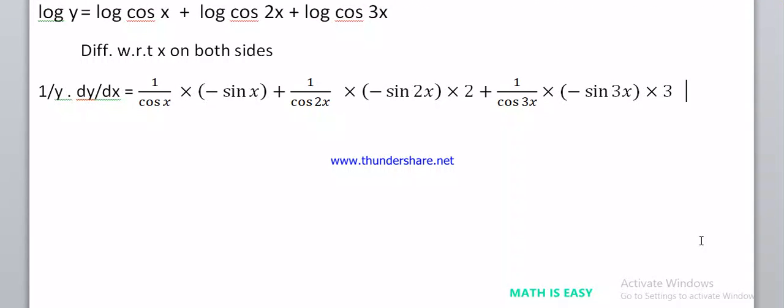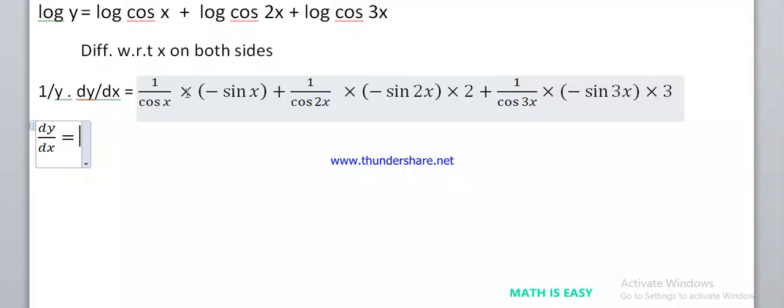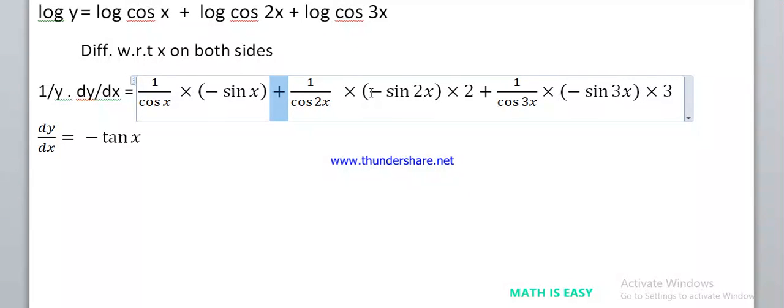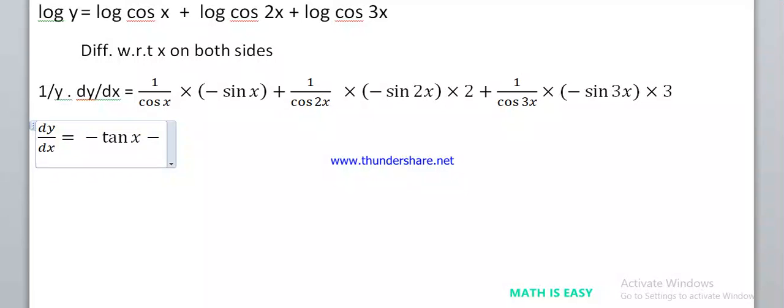So next step, when you simplify this one finally, let me insert the equation. This dy by dx will remain on LHS only. I will keep this dy by dx, which is equals to, so if I simplify this one, this will come minus sin upon cos. So minus sin upon cos I can write as minus tan x will come. Okay. Then here this is plus sign and this multiply with minus sign. So plus into minus is minus 2 will come, because 2 is in the numerator here only.